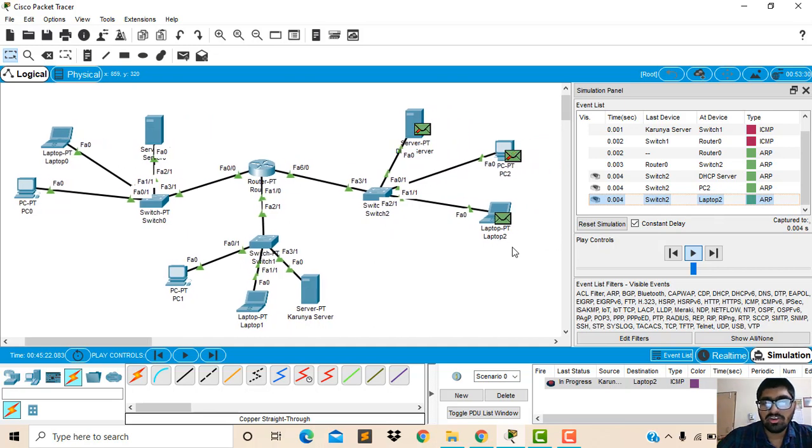When we see here, we are accessing the packet from the Karunya server to the laptop.